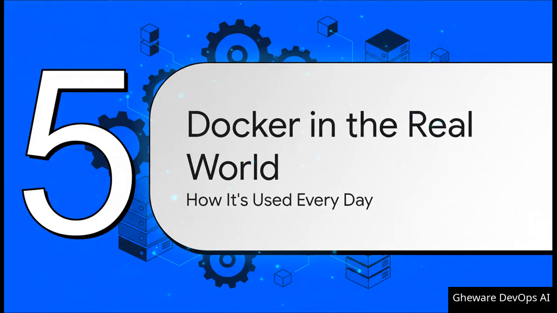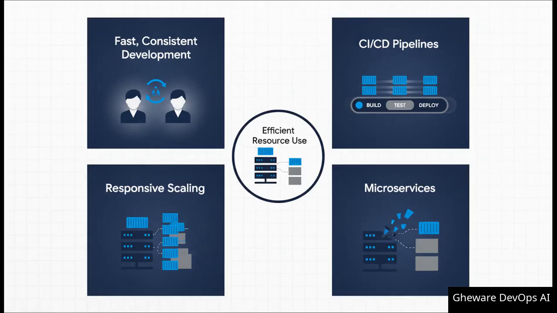All right, enough theory. How are people actually using this stuff in the real world every single day? How does it change things for actual developers and companies? Oh, the benefits are massive. For starters, development teams finally get consistent environments, which kills that "works on my machine" problem for good. In your build pipelines, you can create an image one time and know with absolute certainty that it will run exactly the same in testing, staging, and production.